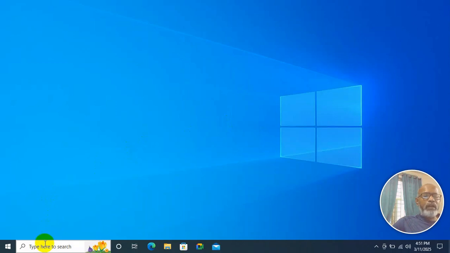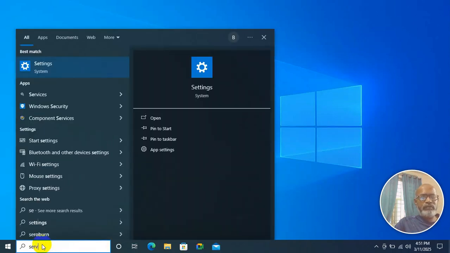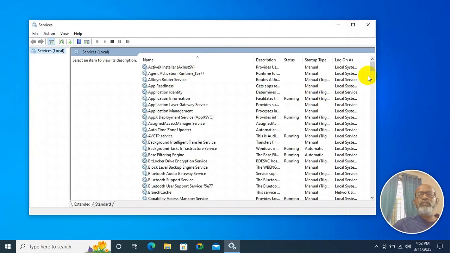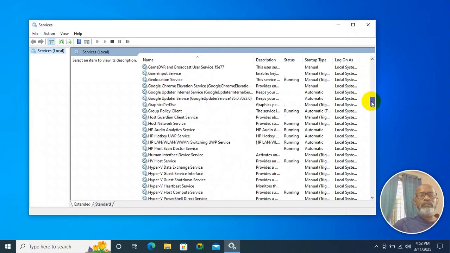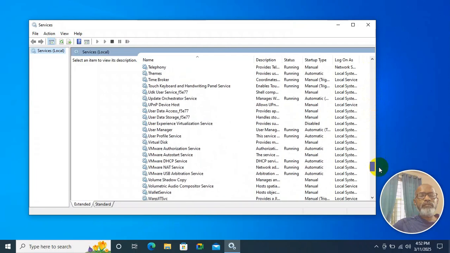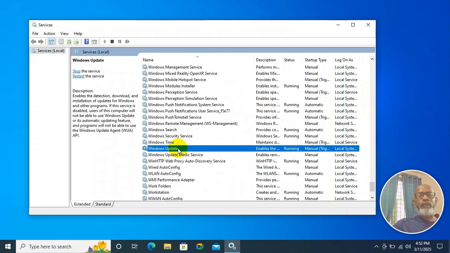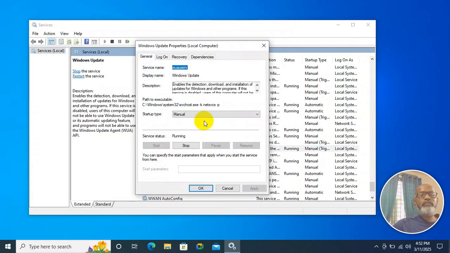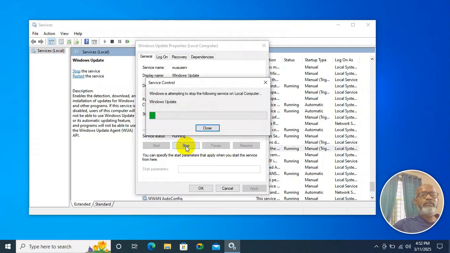Now go to search. In search, type services, right click on services and click on run as administrator. Now scroll down and you will find Windows Update here. Right click on Windows Update and go to properties. Now stop the update service. Click on stop,